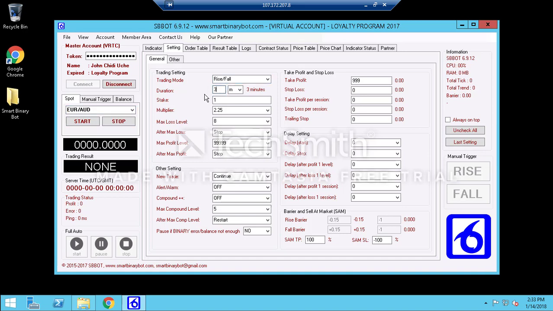So you have to be very, very careful when I send a signal. If I send a signal on Euro USD, for example, on 3 minutes, you don't need to change anything, but you have to cross check. Most times, what stops people in trading is if you are not sure. If you're under pressure, never be under pressure to do anything.